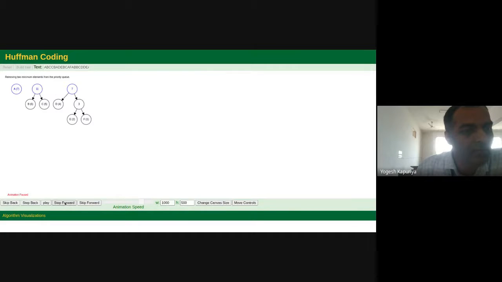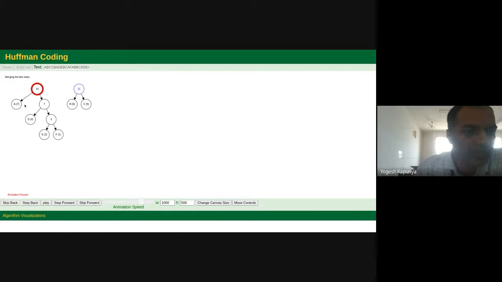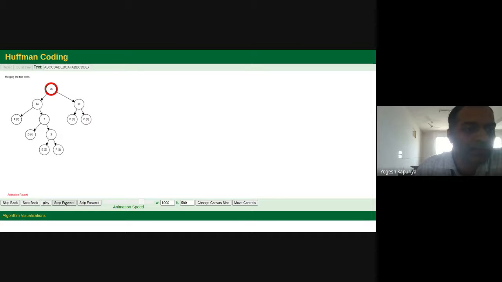So again, two minimum. So these two are minimum, so you will create a new intermediary node. So your 14 will be created. This is 7, 7, okay. Next, you have two nodes now, 11 and 14. So 11 will go to the right because 11 is less than 14. So now you will create a single root node.